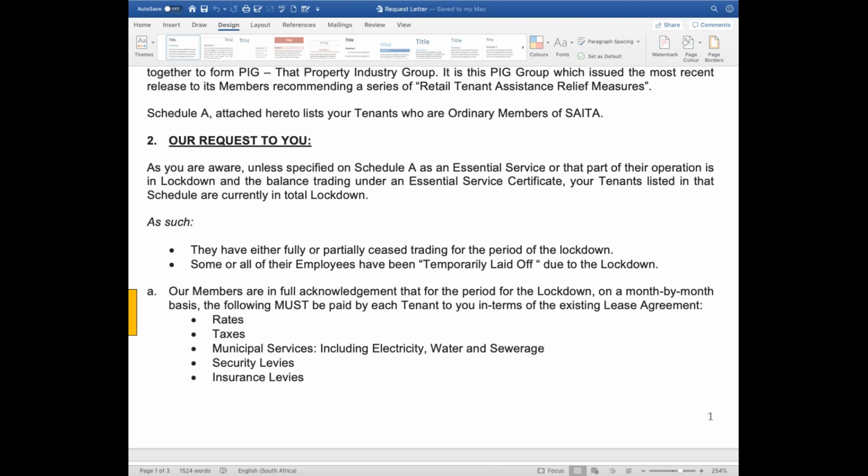Their argument is going to be, well, it's an intervening impossibility they couldn't control. And from a legal perspective, they have a legal right to request of you that you do make these payments, whichever way you look at it. I honestly do not believe that you're going to manage to get out of that particular claim with the argument you. But on the same token, I have the claim to say, well, you as a landlord have the obligation to give me unrestricted access, which you're not giving me. Okay, so they're going to obviously argue intervening impossibility because of the lockdown, and they will be entitled to argue that.